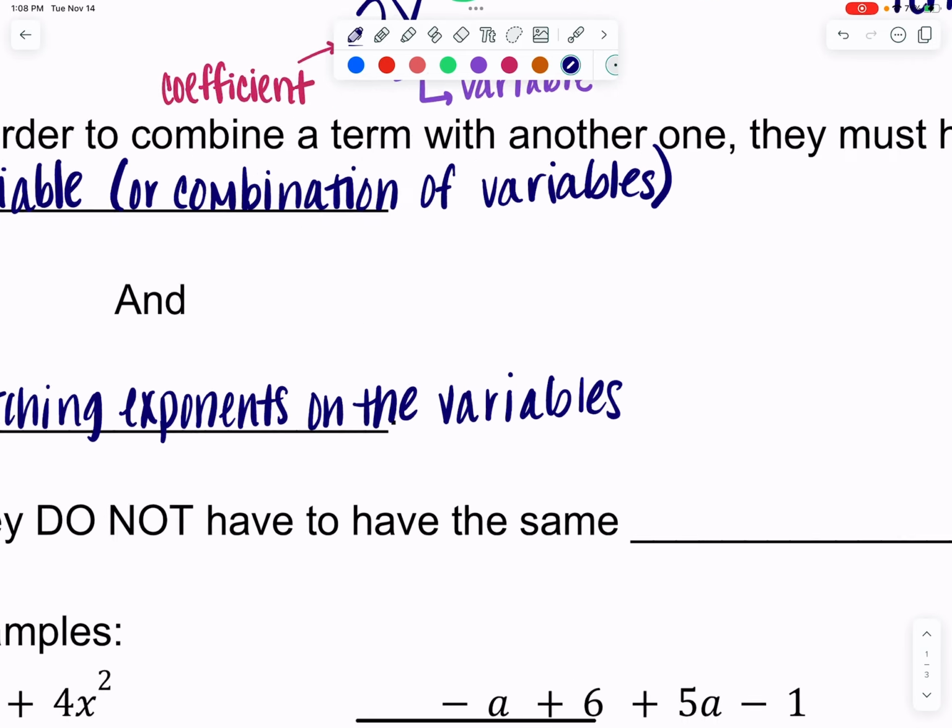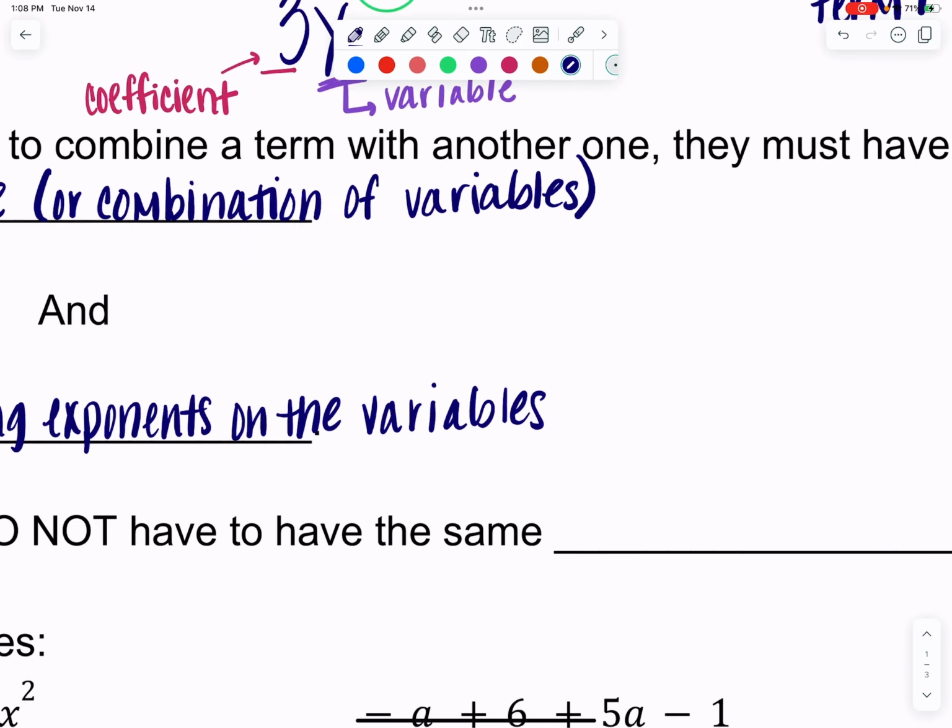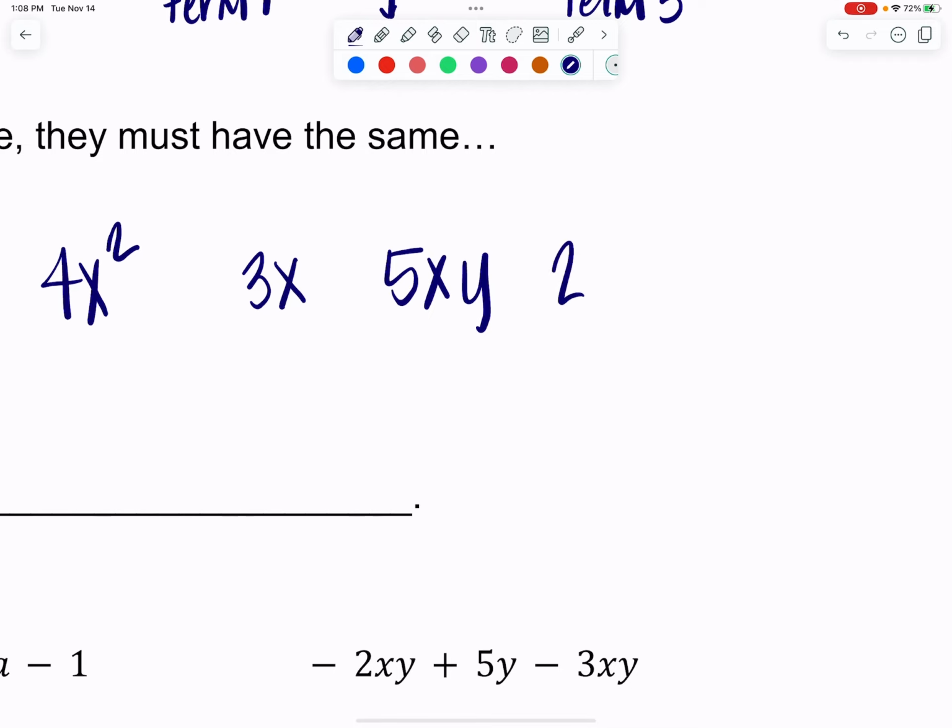For example, if I have 4x squared and a 3x and a 5xy and a negative 2x squared,